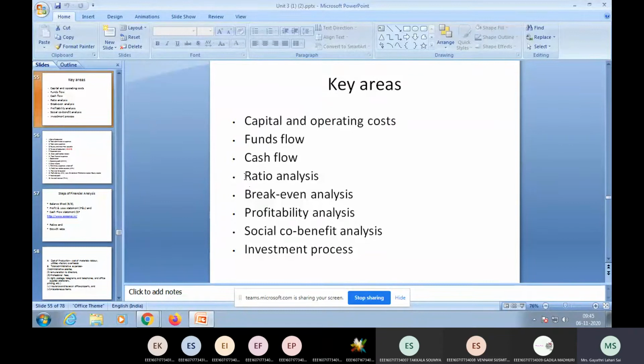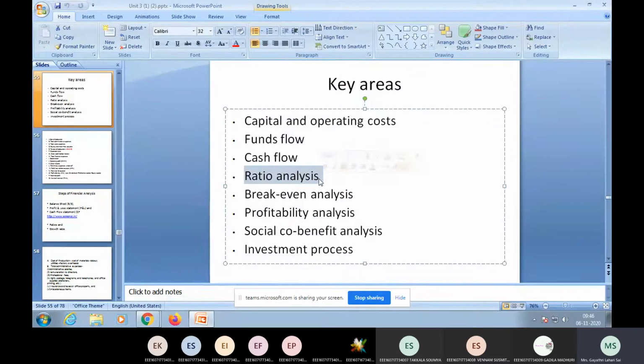So we had seen in the last topic what a ratio analysis is. It's a ratio of numerator by denominator. In the numerator you will be concentrating on the most desirable factor, for example, asset, the asset of a firm. In the denominator you will be concentrating on the less desirable factor, that is a liability. If I'm concentrating on the balance sheet, the balance sheet comprises assets, liabilities, and shareholder equity. All these will be given in terms of years.